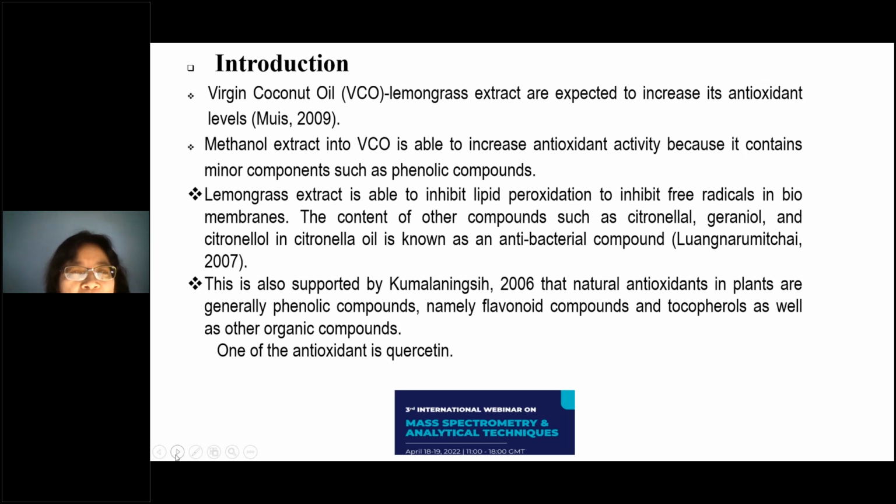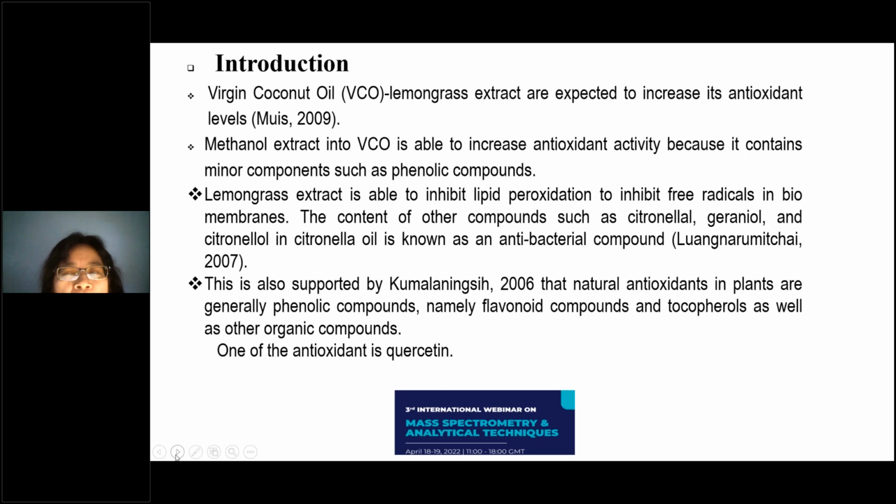Methanol extract in virgin coconut oil is able to increase antioxidant activity because it contains components such as phenolic compounds. Lemongrass extract is able to inhibit lipid peroxidation and free radicals in biomembranes. The other compounds such as citronella, geraniol, and citronellol in citronella oil are known as antibacterial compounds